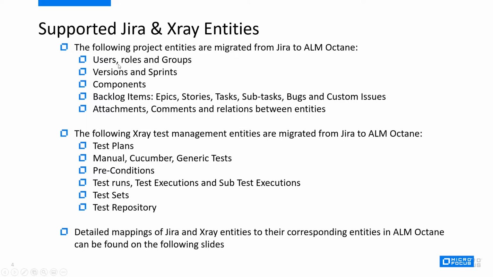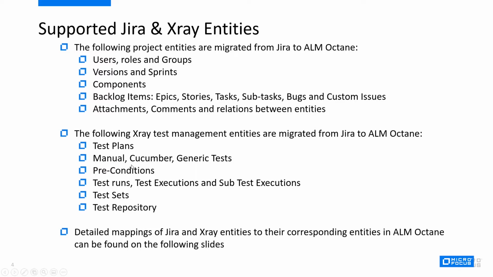Users, roles, and groups are also migrated. Versions and sprints, along with components, are also included in the migration. And of course, we do support the migration of attachments, comments, and any type of relations between entities